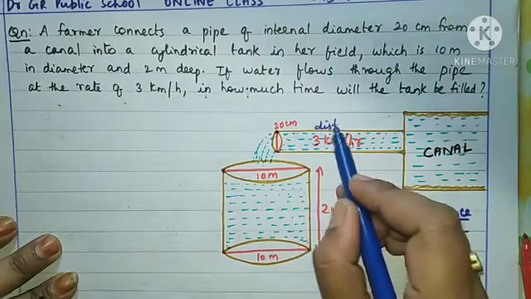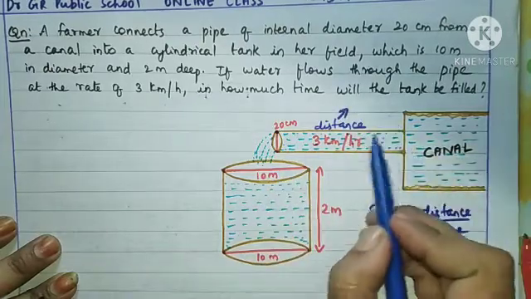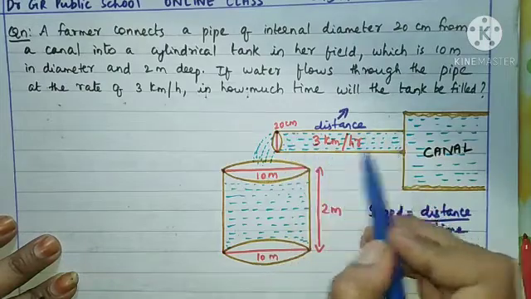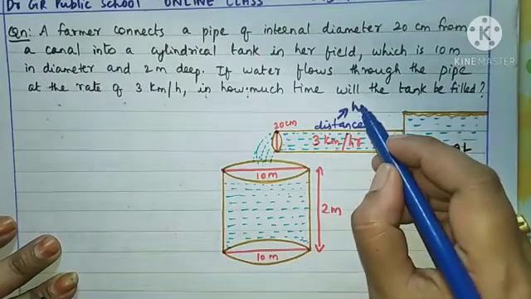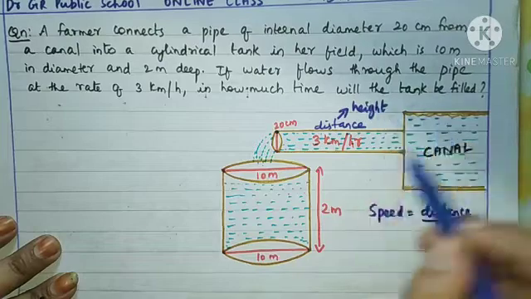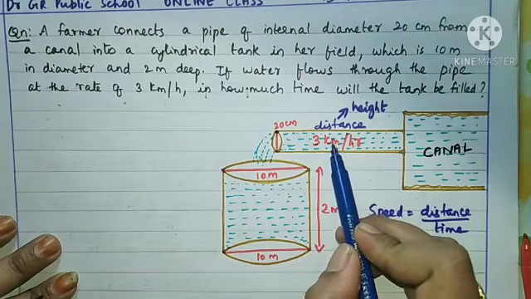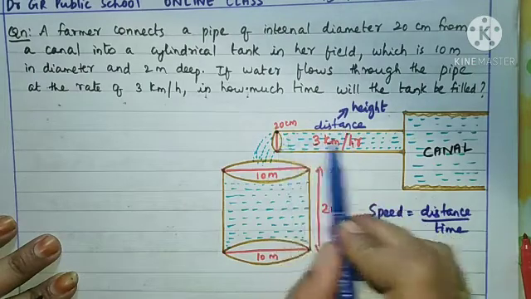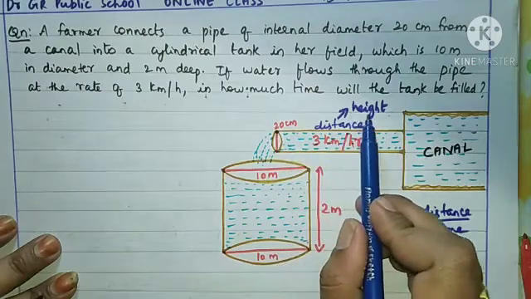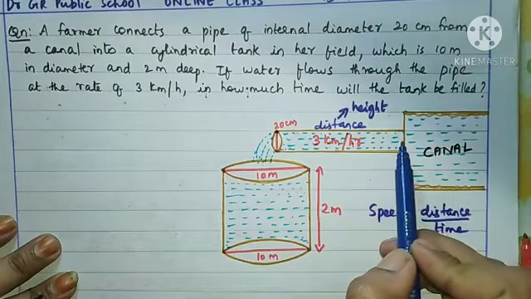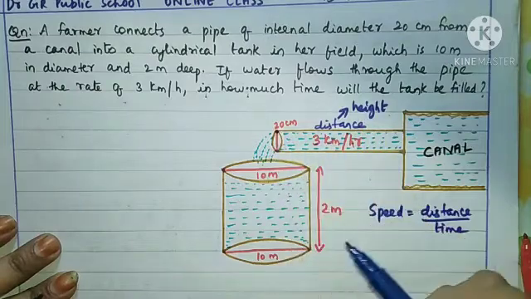And here since the distance is 3 kilometers per hour, this distance will be considered as the distance of the water flowing through the pipe, which will be equal to, here since the pipe is a cylindrical shape and this is the diameter of the pipe, so this distance will be equal to height of the cylindrical pipe. Understand? So from this speed we are considering this as the distance, and that is equal to the length of the water flowing in the pipe, that is equal to height of the cylinder. So how much water is covering this distance, that will give you the height of this pipe.